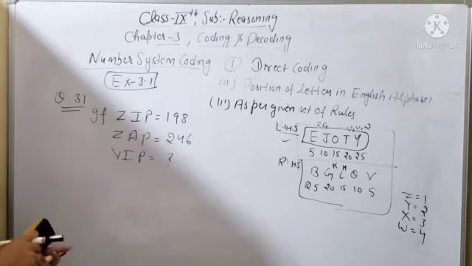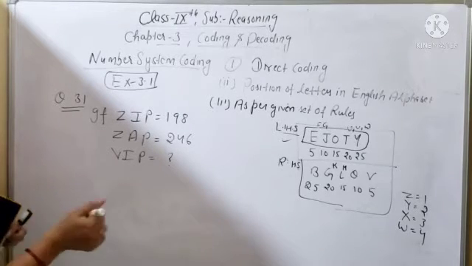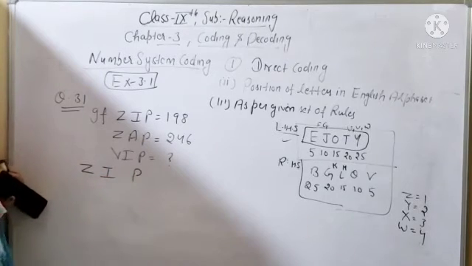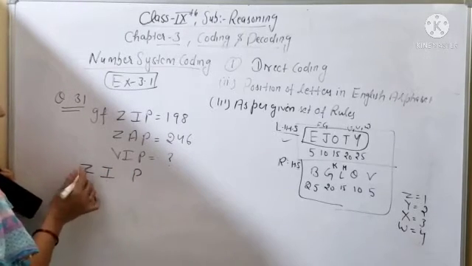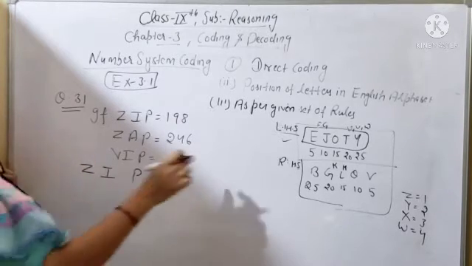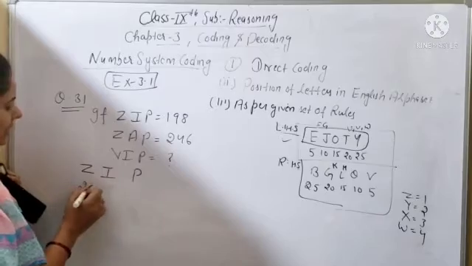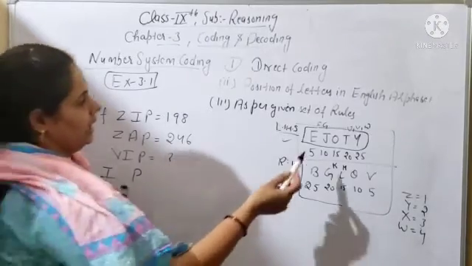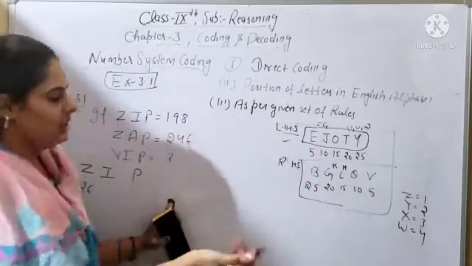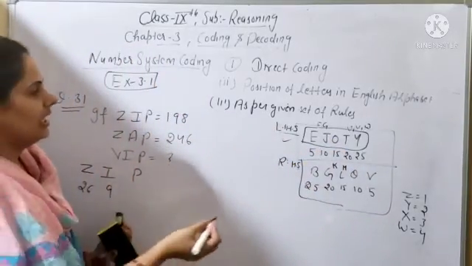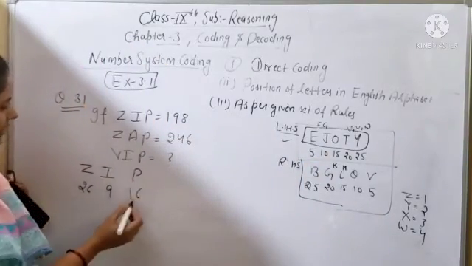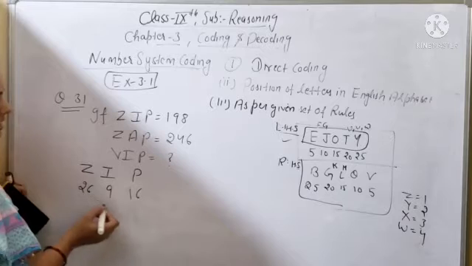Okay, so this is a very tricky question. How will you find out, beta? First you will check ZIP. You will write ZIP. First I am writing Z. If you are starting from the left hand side, Z position will be 26. I position will be E F G H I, I and J, so it will be 9. And what will be the position of P, beta? M N O P, after O comes P, 16. Clear? So 9 plus 6 is 15, 15 plus 6 is 21.